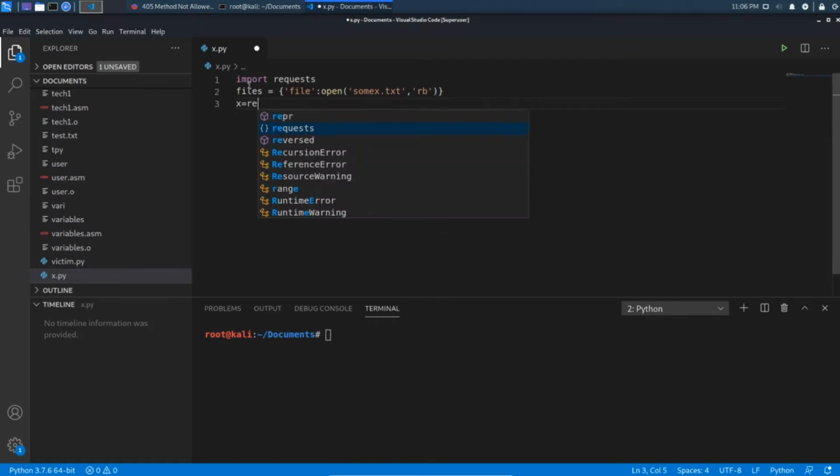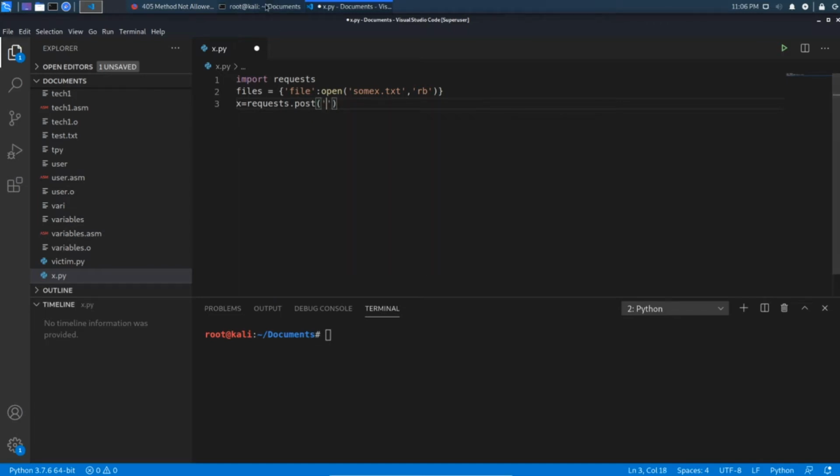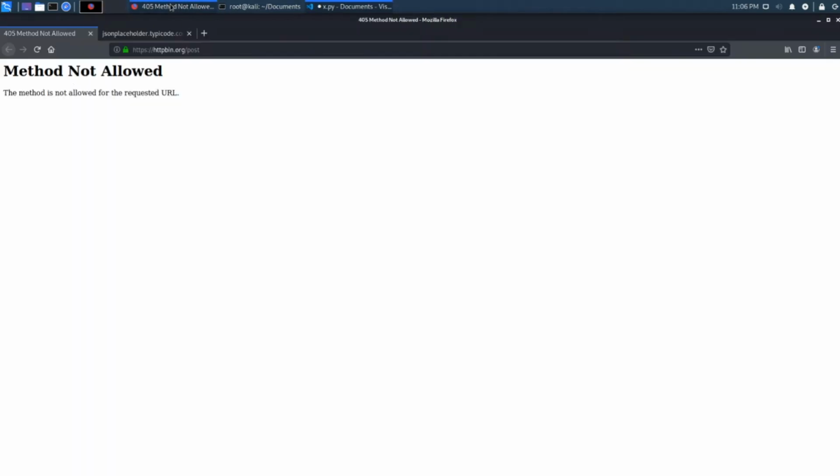Let me print the result by sending a post request. Here the get method is not allowed, so I took one website where the post method is required, and I use it to do this file upload using the post method.